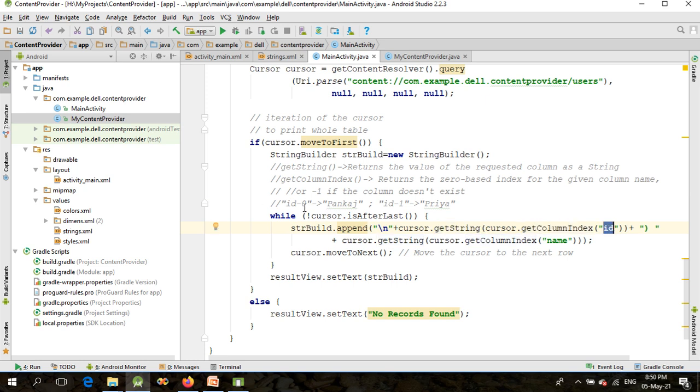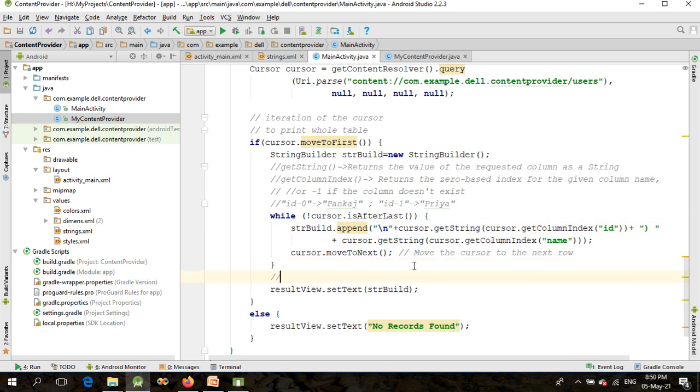ID of the first record, which is 0 in this case. The 0 will pass to the get string method, and this get string method will return the value of the requested column as a string. So this 0 will be written as a string, right? So it becomes 0 is retrieved,